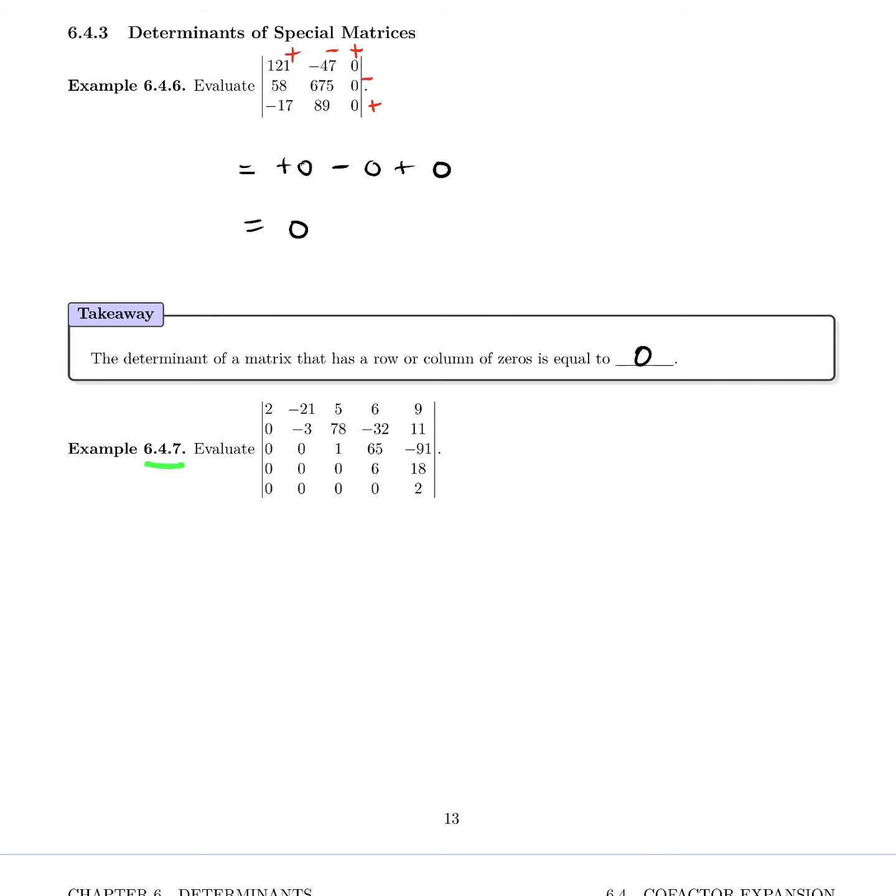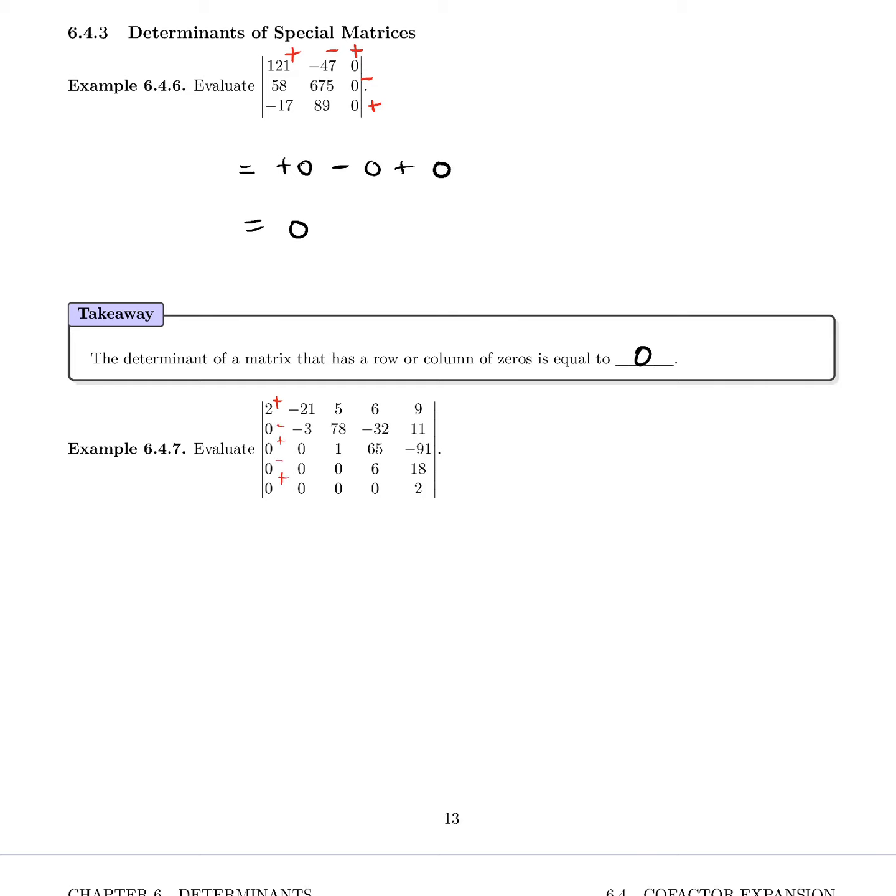Example 6.4.7, evaluate this determinant. Now there's a lot of zeros here too, but there's no full row or column with all zeros. So I'm still going to choose the row or column with the most, and that's going to be this one, right? So I'm going to do column 1 there. There's also row 5, which could work just as well, but I'm going to choose to go down column 1. So plus, minus,